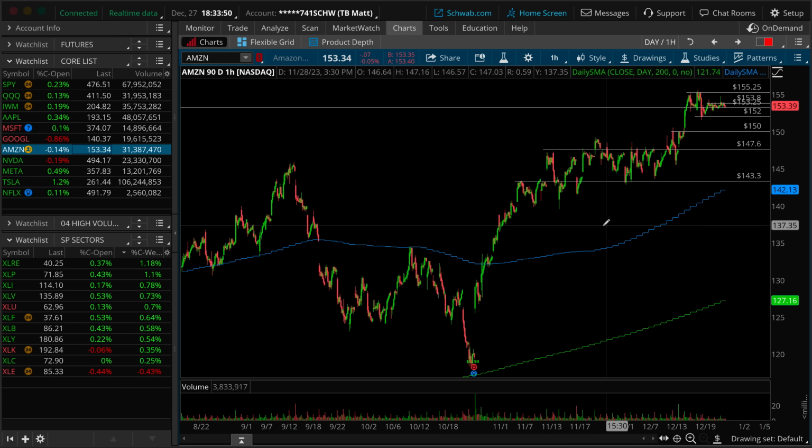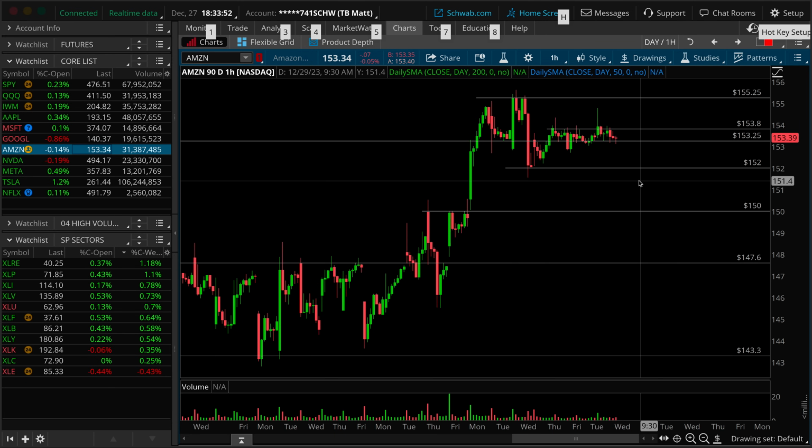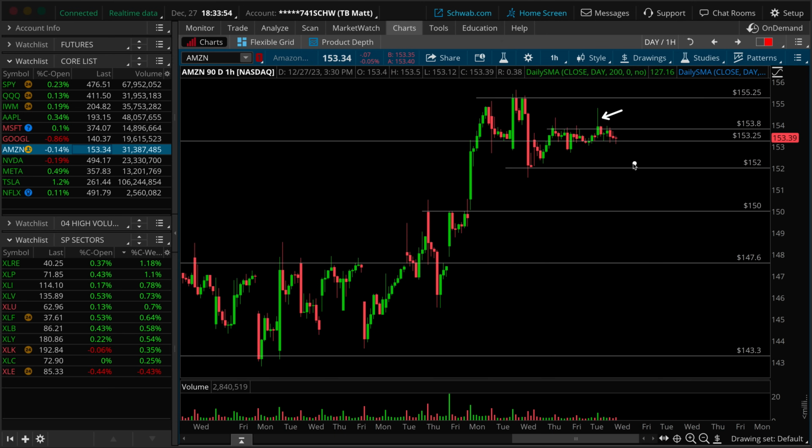Next up, Amazon. What's going on with Amazon? Some failed breakout here as well in the upper wick of the first hourly bar. Tried to get a stronger break up and over this, but there was just no pullback for the higher low, and instead, equal lows are on the table. So I'm not going to throw in the towel yet out of Amazon because this technically is still just range compression. If we do break, the stronger short is underneath 152 to retrace the thin structure and look for the